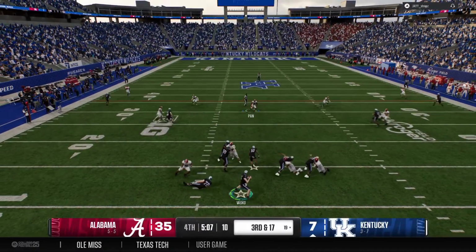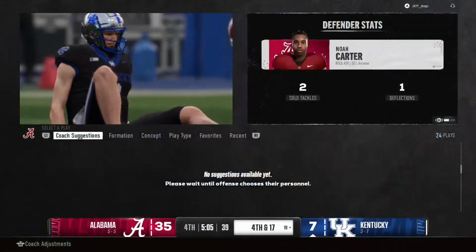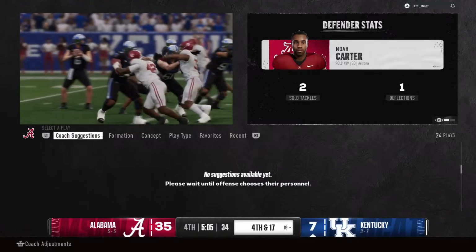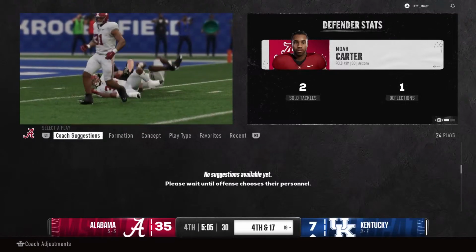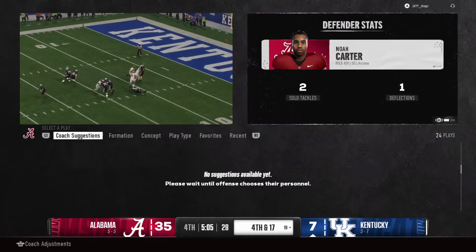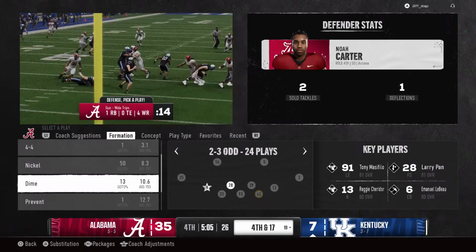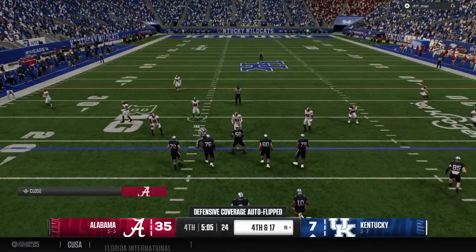On third and long, no secret what he needs here. He took a hit as he threw it and couldn't deliver the football. It's incomplete, and fourth down's coming. And it's just been that kind of day for this quarterback and this offense, guys. They have never been able to get into a rhythm throwing the football. Timing's been off. Accuracy hasn't been great. We've seen some drops, just not in sync, and that's why they find themselves trailing by a lot right here